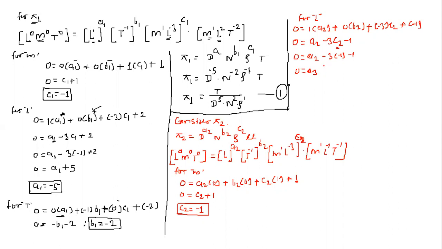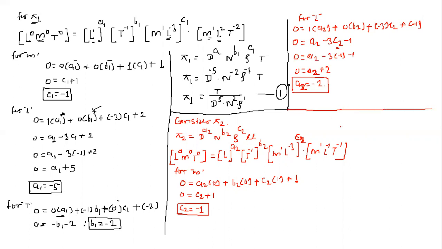Minus 2, plus 2 comes, sir. Right, plus 2 will be there. Minus 3 into minus 1 as a plus 3. Plus 3 minus 1 as a plus 2. That is, A3 is equal to minus 2. A2, sir, not A3, sorry, A2. Sorry, this is A2. If we had a third pi term, then we would have gotten A3. So now we got the value for A2 also.